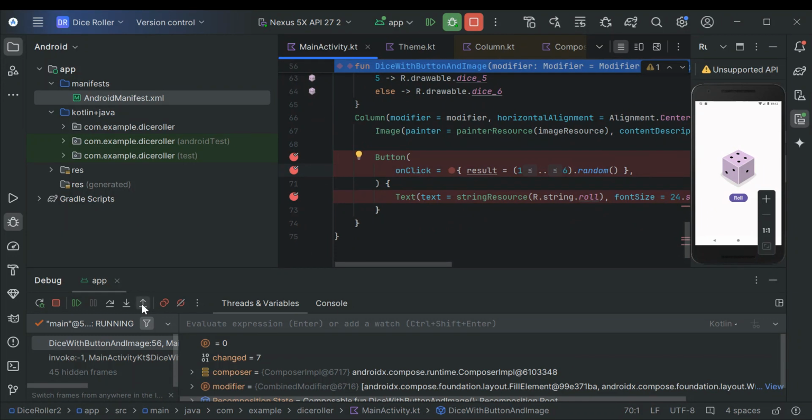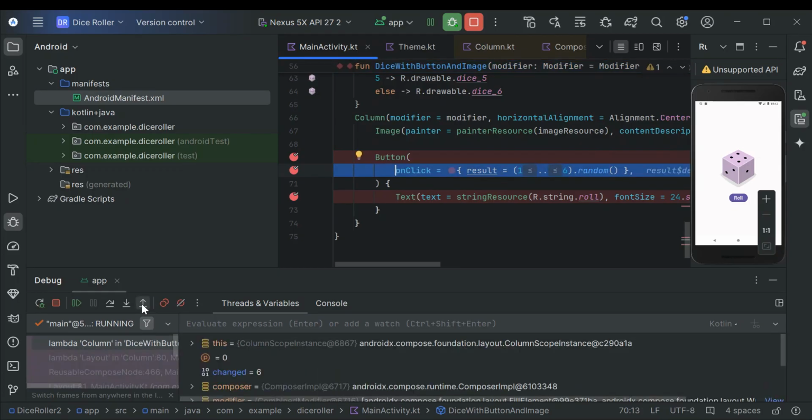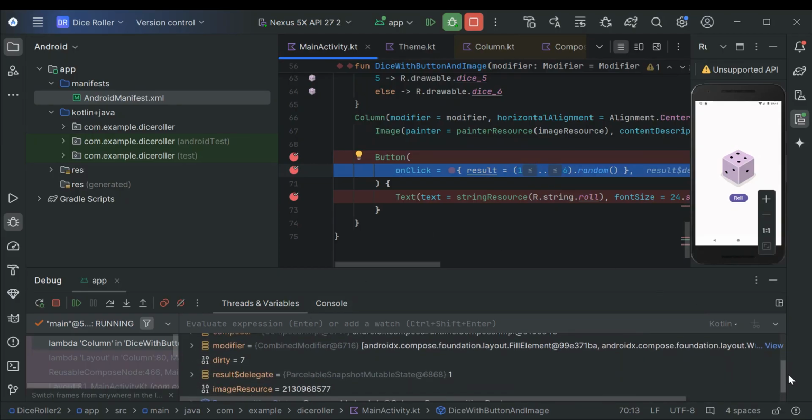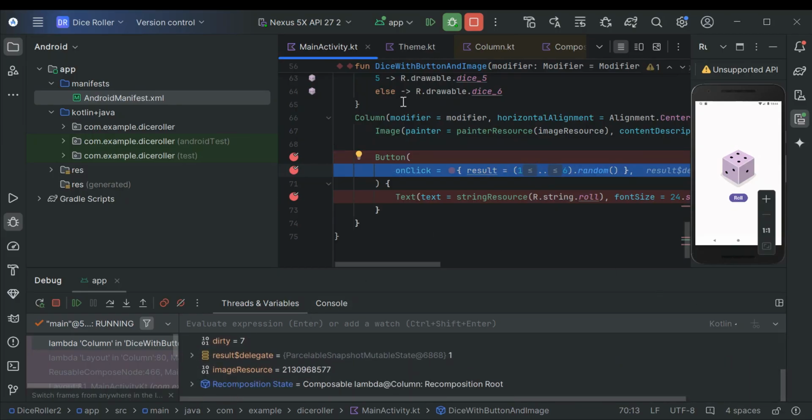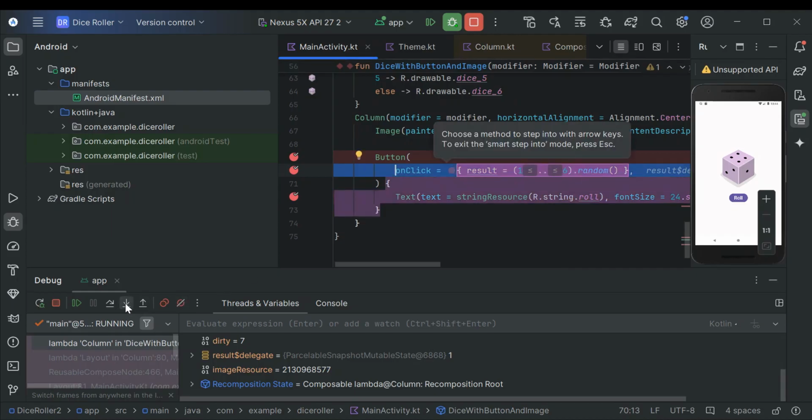Okay, so if we step into, you can see that result has no value right now. If we go a little bit further and step into, we can see that this part of the code is running,